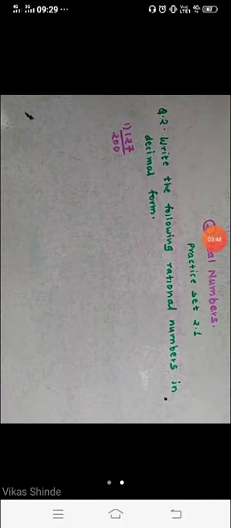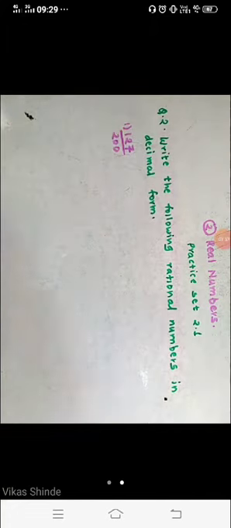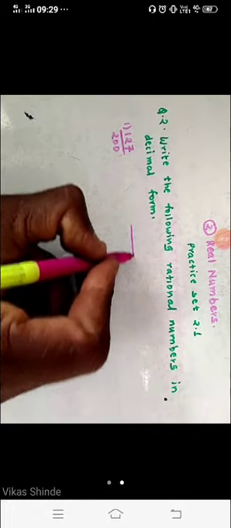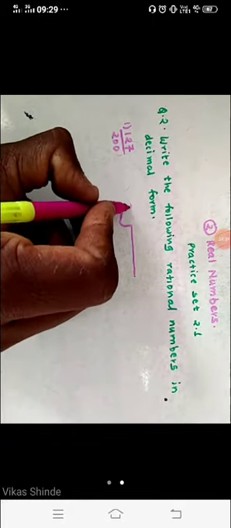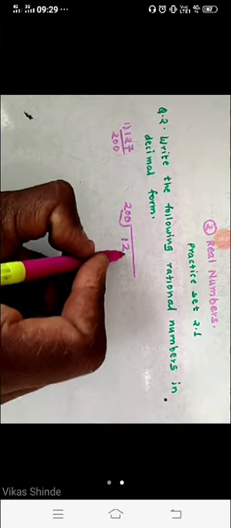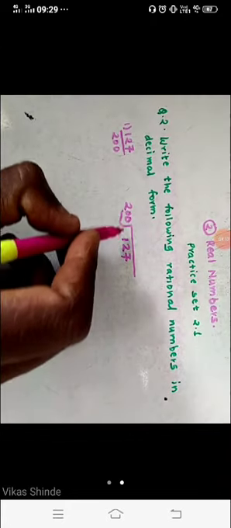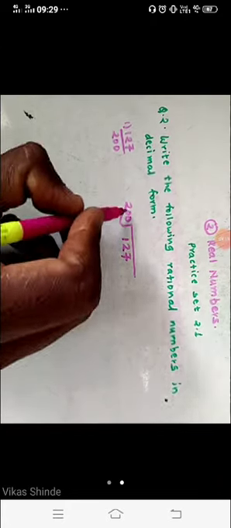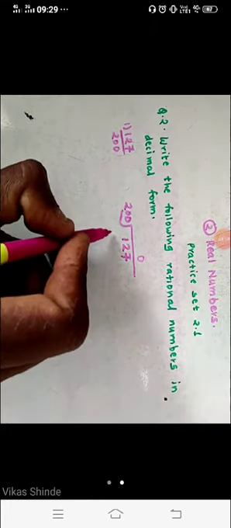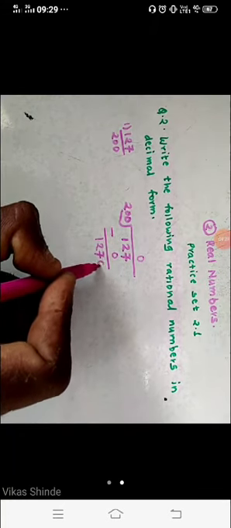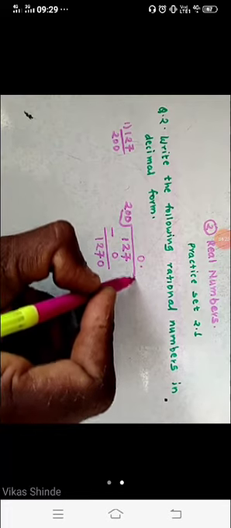Okay student, look here, question number 2 now. Write the following rational numbers in decimal form. Question number 1, 127 divided by 200. So we have to do a plain division here. Write 200 and here 127. Now divide 127 by 200. Here 127 is less than 200, so first we write 0. Subtract 0 from this, write 127 as it is. Take one more 0 here, so give the decimal now.